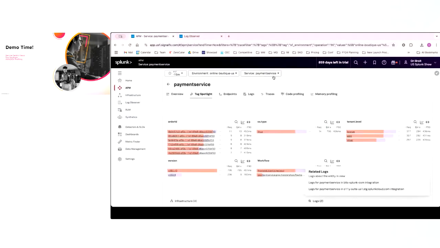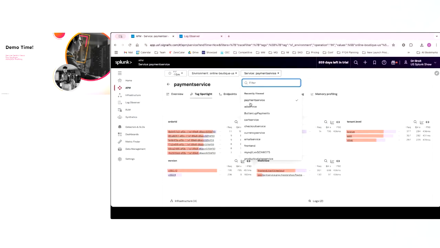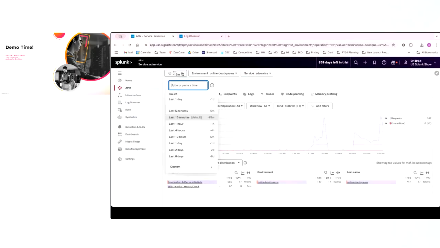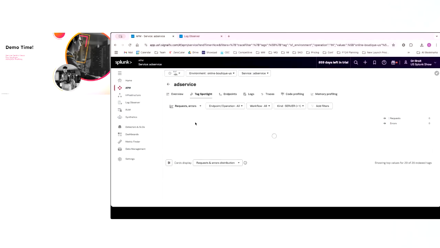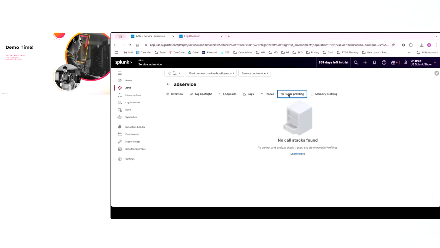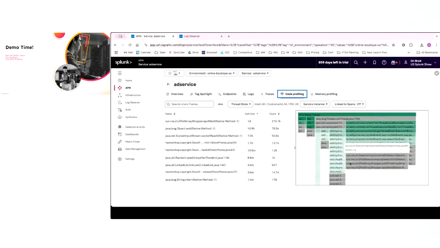Another thing that I want to show you is more related to a different service, and that's always on code profiling. So let me give us a little bit longer range of data that we can use. For Java, .NET and PHP, we can see code profiling and get a flame graph that shows us the CPU utilization of each line of code. And so if there's a problematic one, we can immediately see which line of code takes the most CPU usage